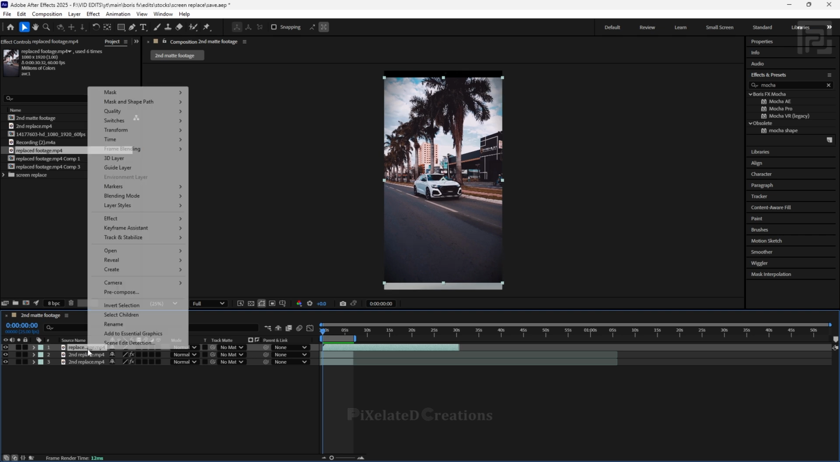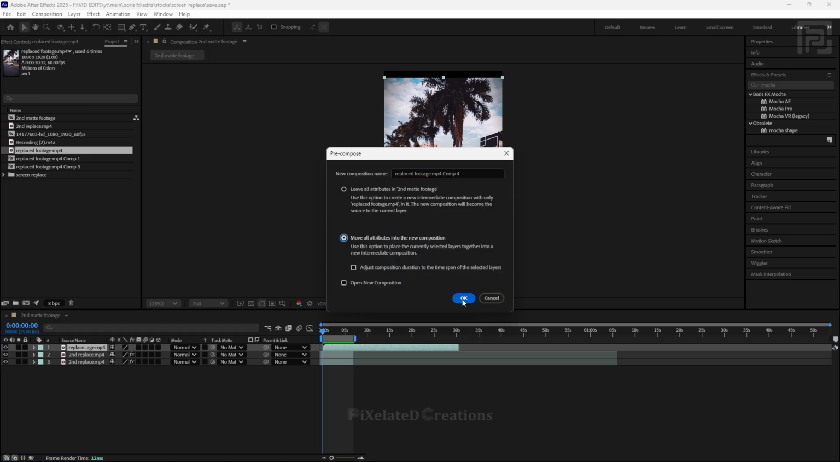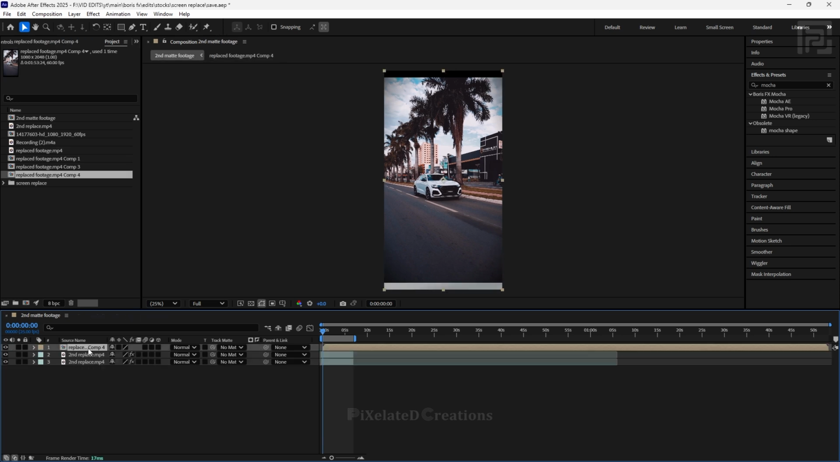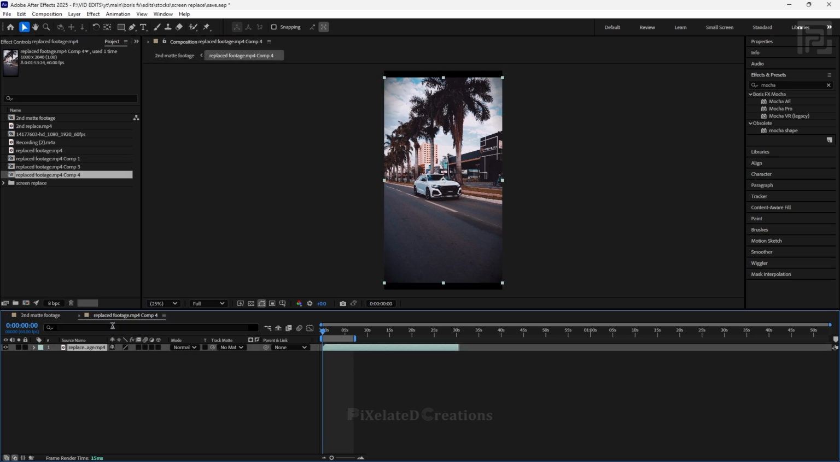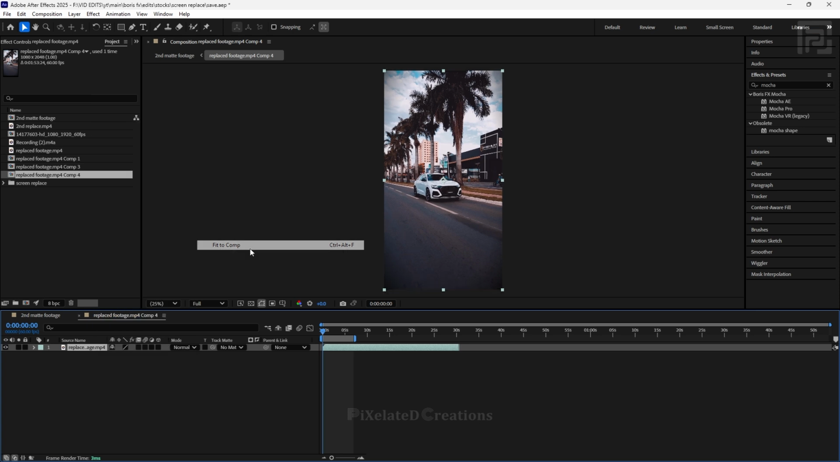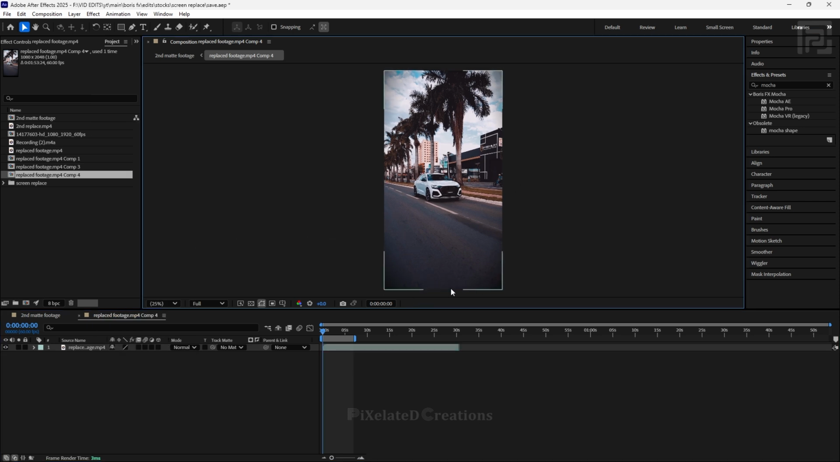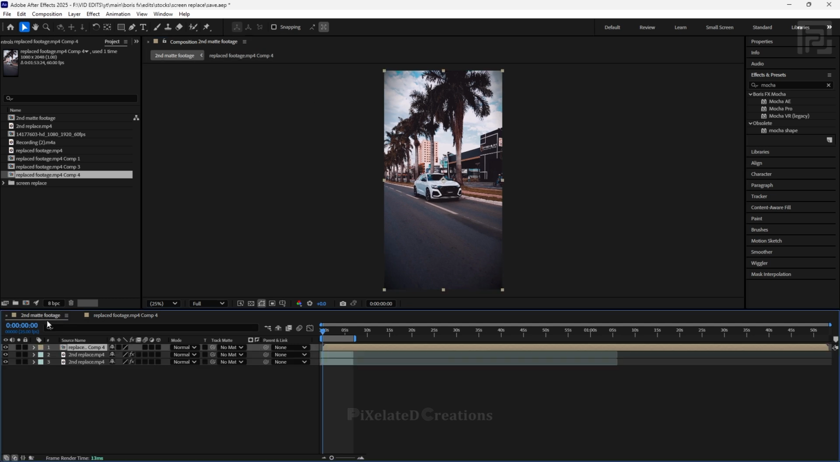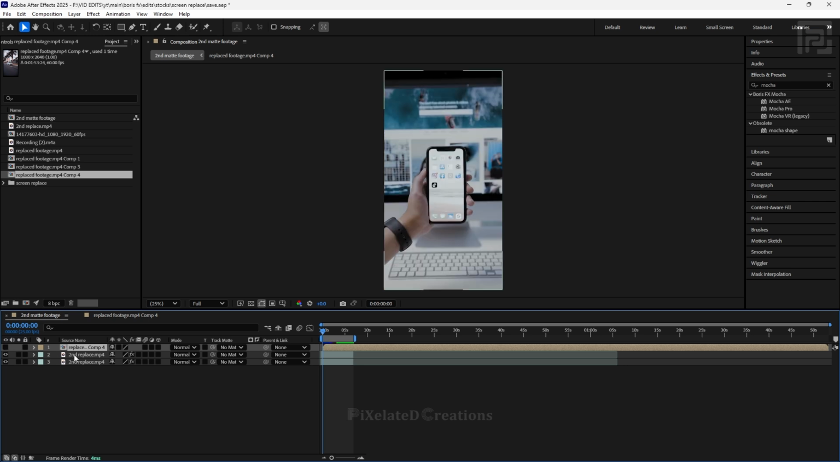In order to do that, you have to pre-compose the footage and move all attributes to the composition and open the pre-composition. Select the clip and right click, go to transform and select fit to composition. And you can see that the video is now filled to the composition. Let's come back and now the main part starts. So for the time being, let's hide this layer